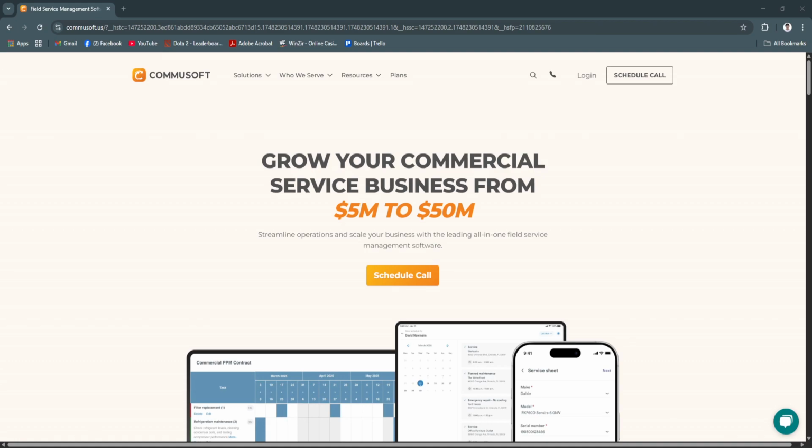Managing a field service business can quickly become chaotic without the right tools. From scheduling jobs and managing customer data to handling invoicing and tracking assets, efficiency is critical. Commusoft is a comprehensive field service management platform built to streamline operations for plumbers, HVAC companies, electricians, and other service